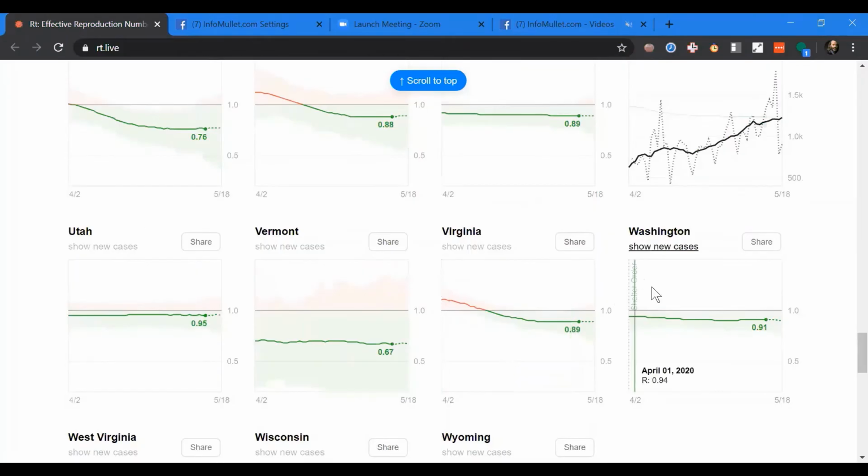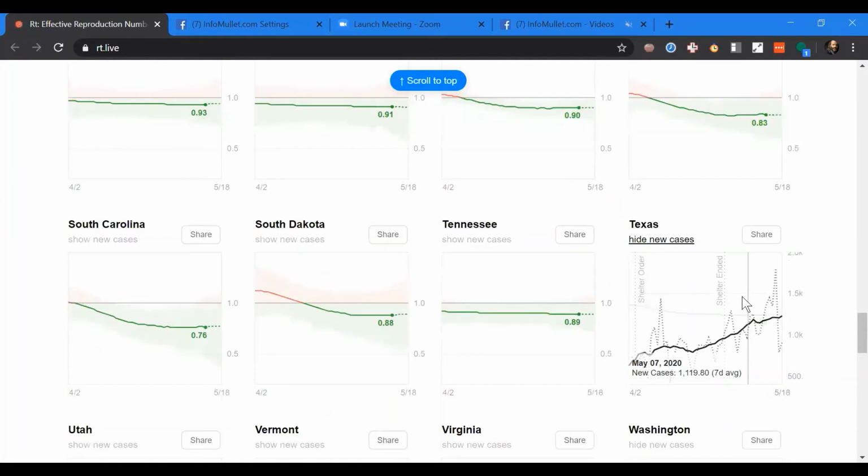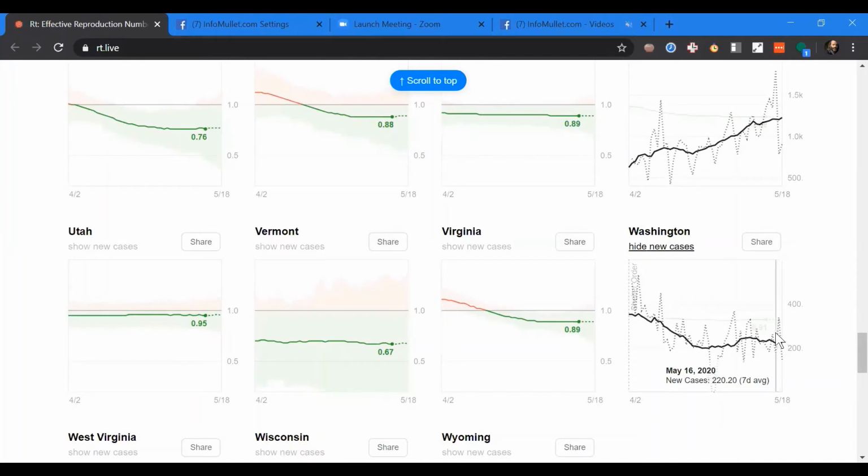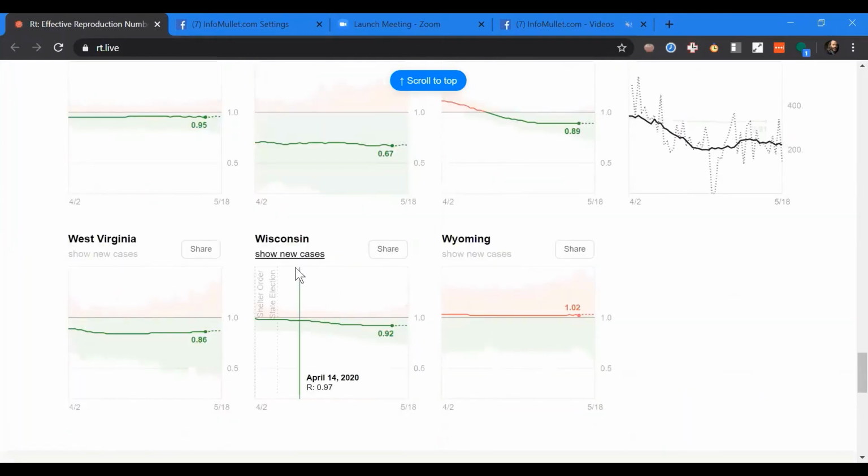And you can look at Washington. Washington did a really good job with their virus, and it remains low and has low new cases. So Texas, again, these numbers on the right, their scales are different per state. Texas is getting about 1,000 new cases a day. Washington's only getting about 200. And you look at something like Wisconsin, where they're having a real struggle, and you can see that has spiked up a lot. This is after they did the primary. You can almost chart that primary where they went out and voted to this gradual increase.